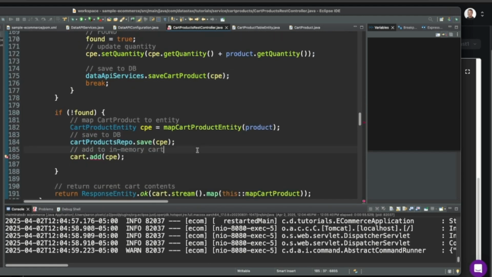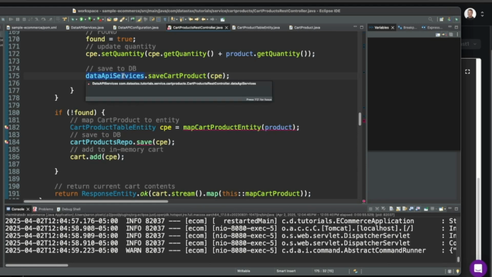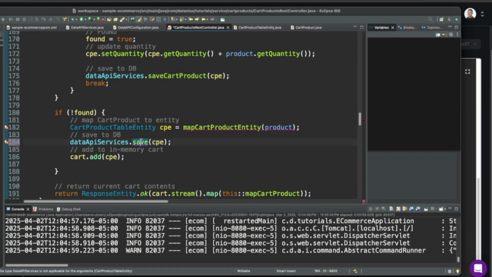Okay, and if it is not found, then we can go ahead and take our product that we have here, and we can map it to a cart product table entity. And then we can say data API services, save cart product, and then add it to the in-memory cart as well.